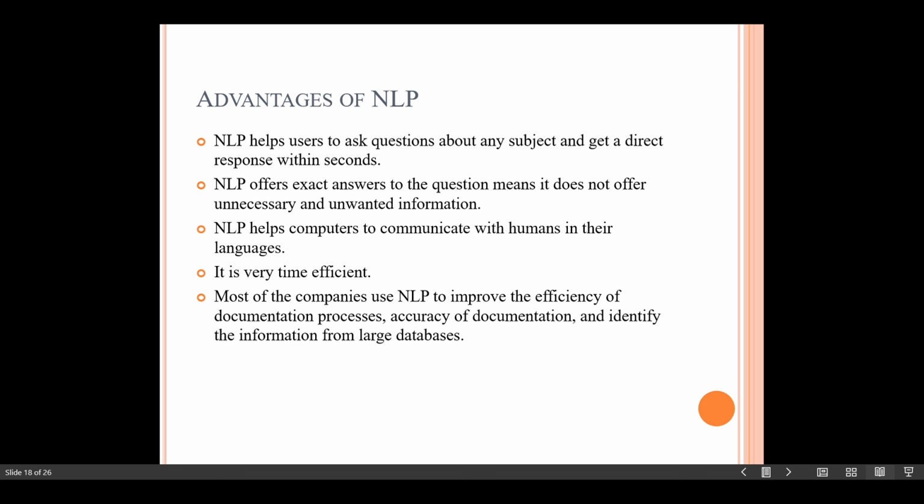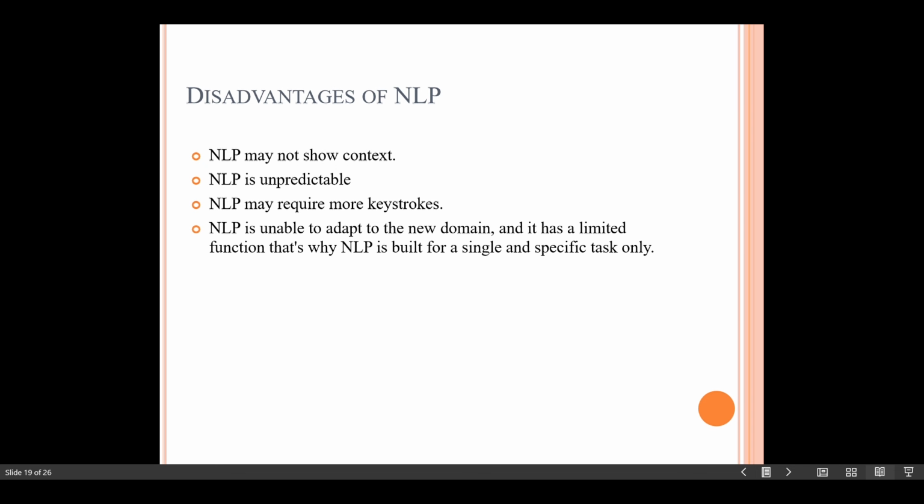Now, as we have seen the advantages of natural language processing, let us look at the disadvantages of NLP. In NLP, training can take time. If it is necessary to develop a model with a new set of data without using a pre-trained model, it can take weeks to achieve good performance, depending on the amount of data. If we give a large amount of data, it will take a lot of time. That is one of the disadvantages of natural language processing.